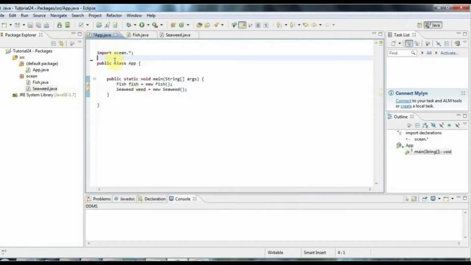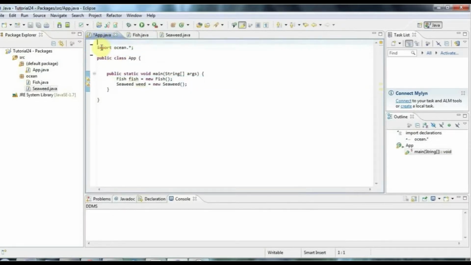But the great thing about using modern IDEs like Eclipse is that you actually never have to worry about typing. Sorry, that was my doorbell going there. I was going to say you never have to worry about typing import statements yourself,